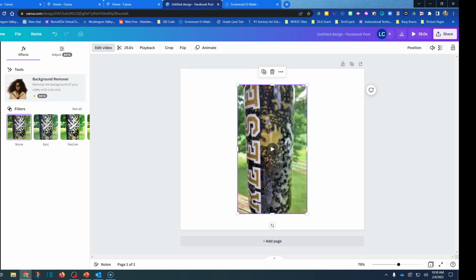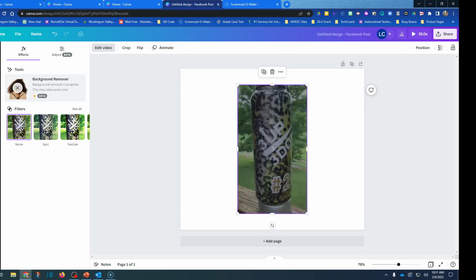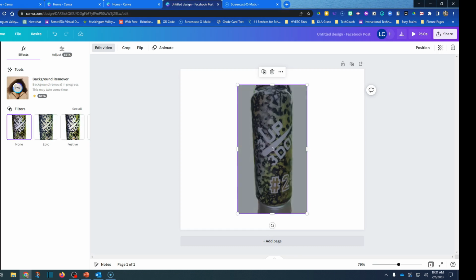You can see here clearly that this is in beta, but it usually works pretty well. So I'm going to go ahead. It's selected, I can tell that because I have my handlebars around it. I'm going to go over here to Background Remover and click that. When I do, you're going to see that it begins to circle around. You know that it's working. Over here, you can also see that timeline. It has 1% of it being removed. So it's going to take just a few minutes. Now, this one is a little bit longer. It was like 25 seconds or something.